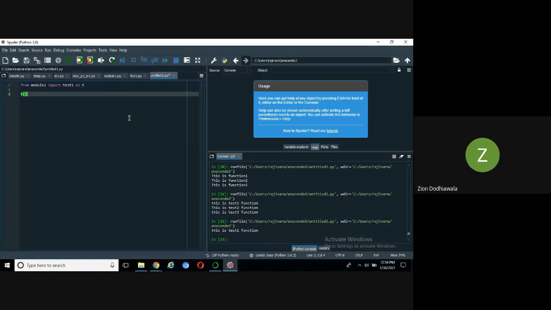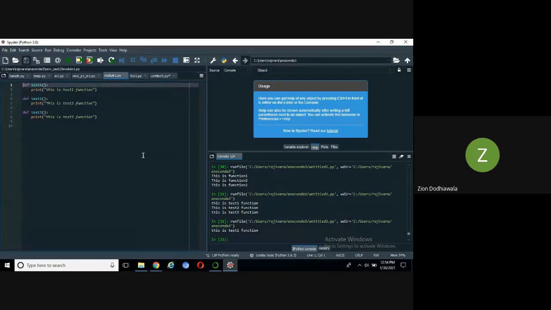Sir, can you go to module 1? Can you call test 1 at the end of the program? Yes, we can. Whatever things we can do with a normal Python program, we can do with a module also. So, sir, if we call test 1 from module 1 and import it into untitled, will the test 1 function run automatically by default? You can try it here. I did not try it in different ways, so you can try it.